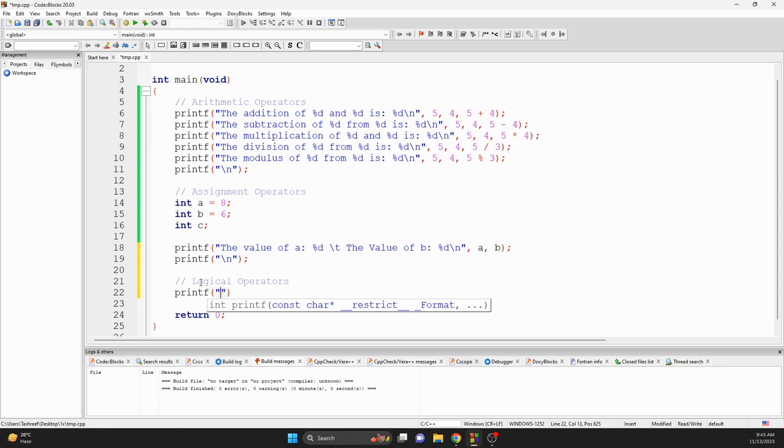Printf the value of a double equals to b. So let's write a double equals to b. This is how we write it. The value of a double equals to b. See, we have written it like this, and we can see that a is currently 8 and b is currently 6. So when we run it,